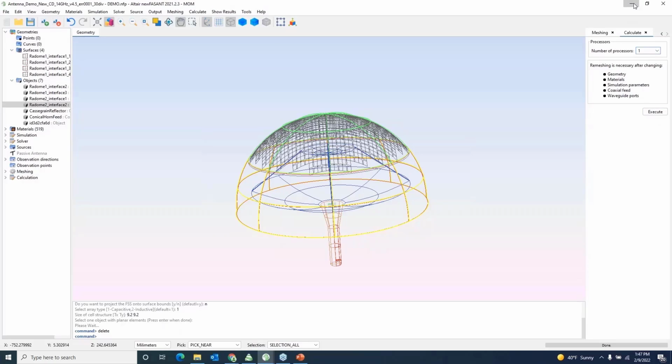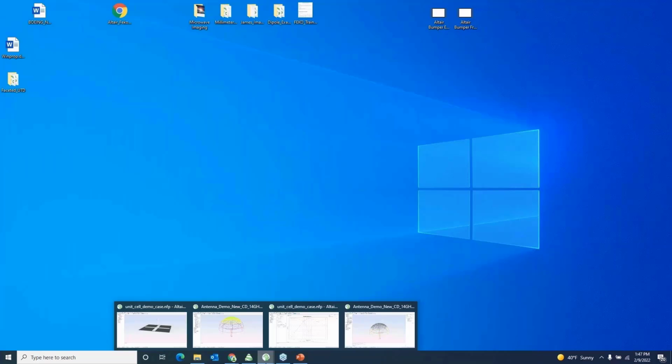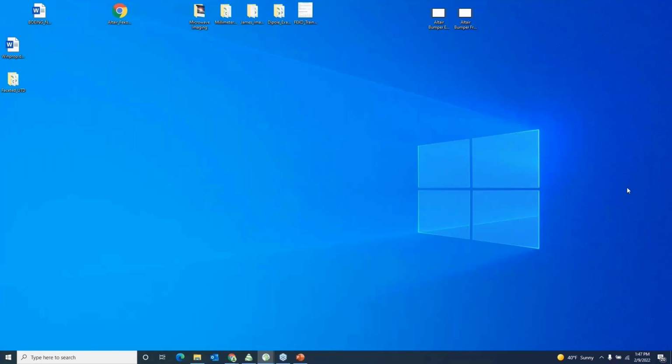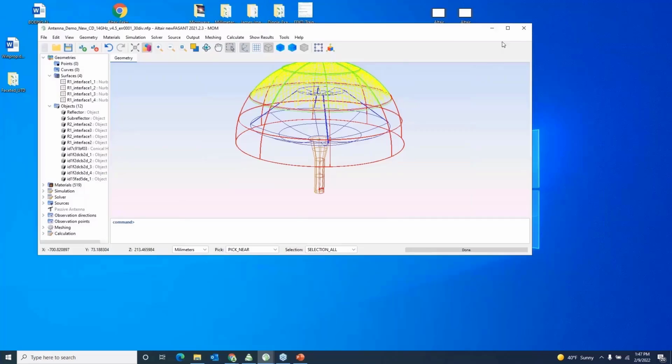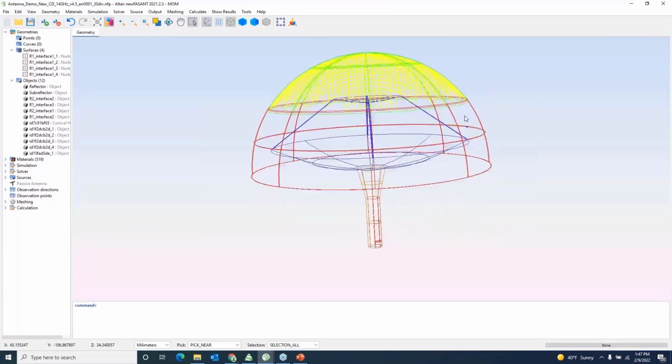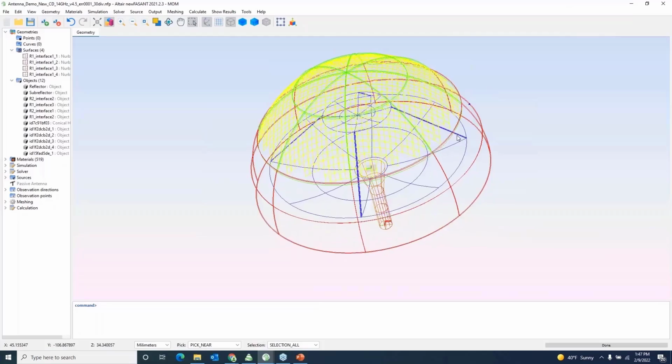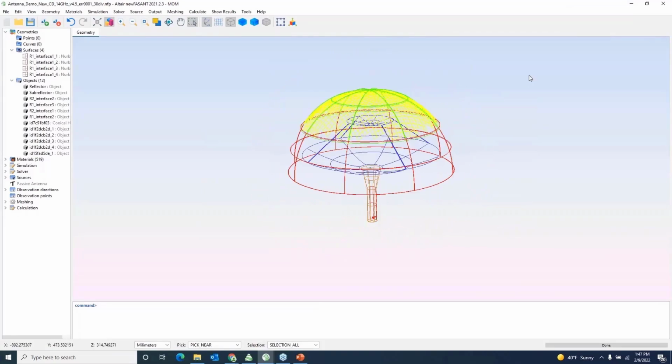Just to avoid waiting, I would like to open an already existing model that is available with me. I would like to open this. Okay, you see over here, this is already solved. This is the same problem which I already solved. Let me show the